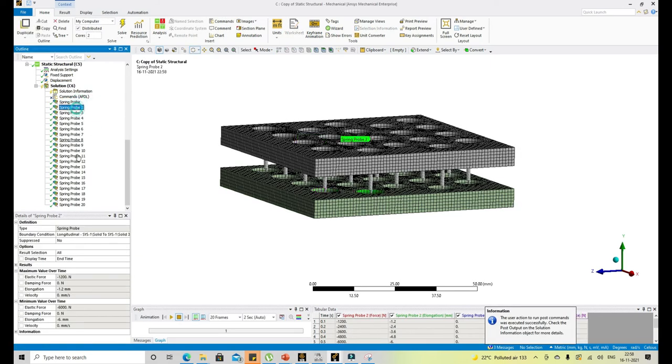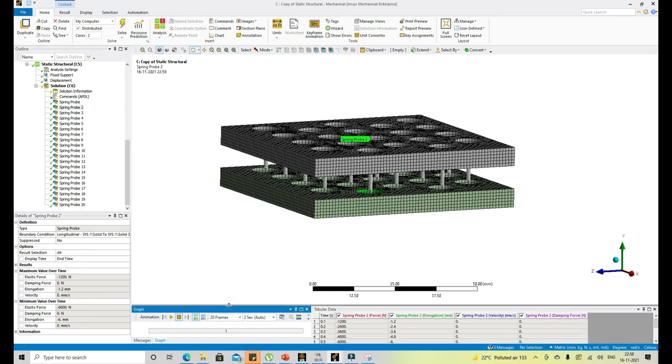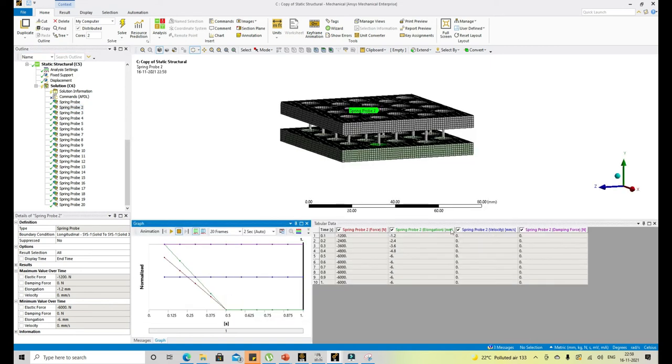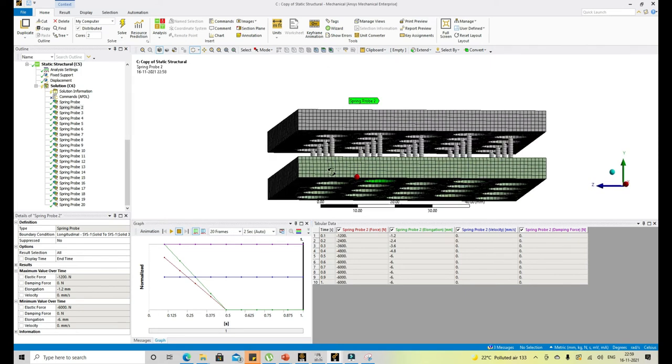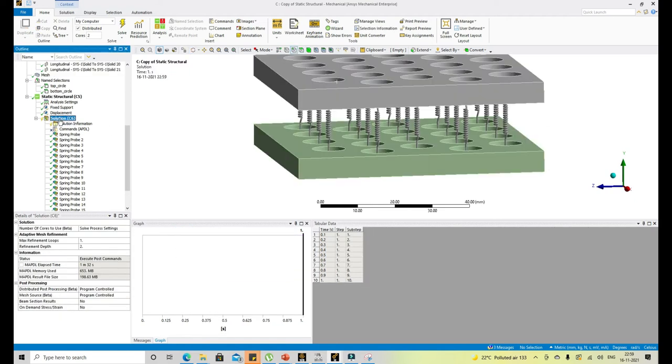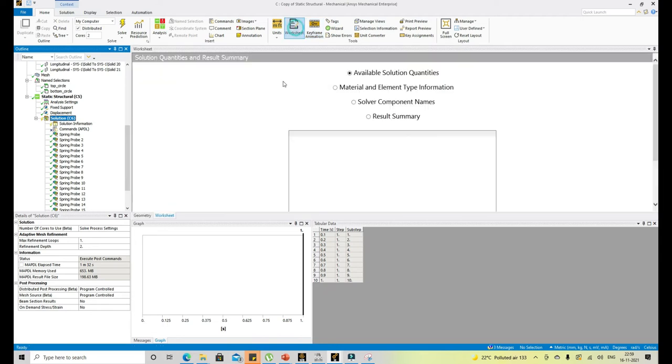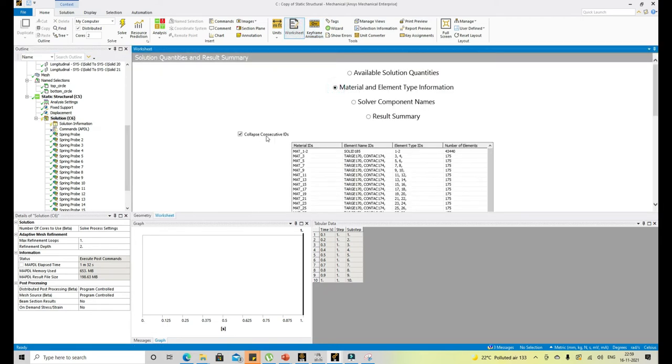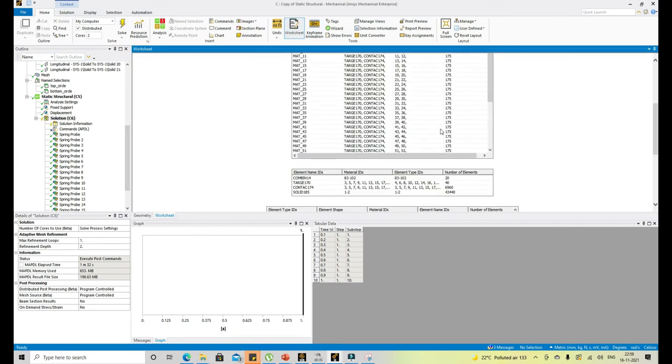This will give us the force, elongation, damping force, and the velocity for all the springs that were present in the model. Now, second thing is that we can also go to the solution worksheet, material and element type information.